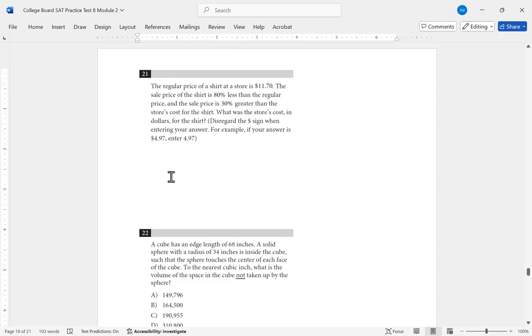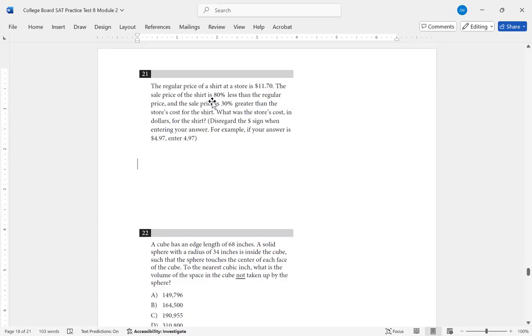Question 21. The regular price of a shirt at a store is $11.70. The sales price of the shirt is 80% less than the regular price, and the sale price is 30% greater than the store's cost for the shirt. What is the store's cost in dollars for the shirt? Disregard the dollar sign when entering your answer. So